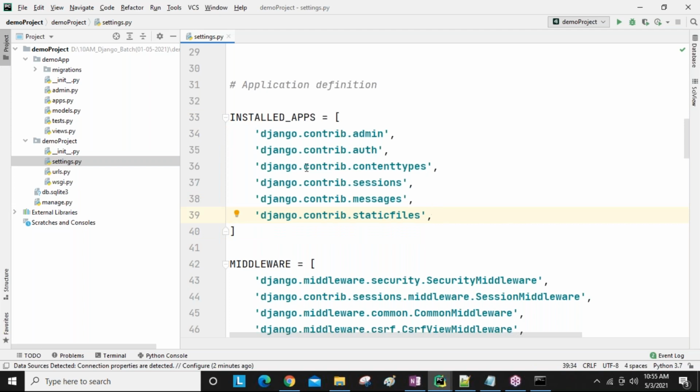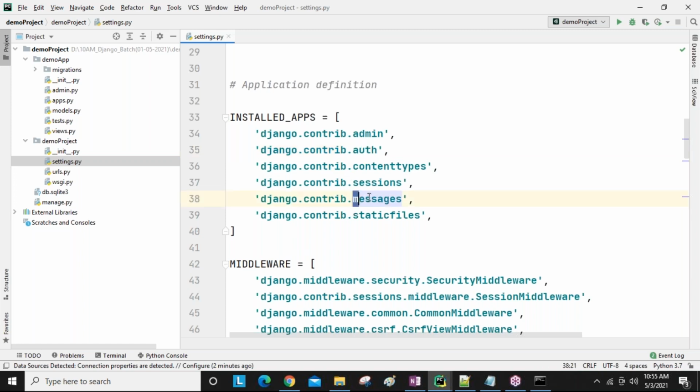Whenever we create one application using Django, these are all default applications. Previously I told you, guys, while discussing the features of Django, Django comes by default with an admin site to interact with our application. Django also comes by default with an authentication application. Using this application, usernames, passwords, login, logout, all these things we can develop readymade.